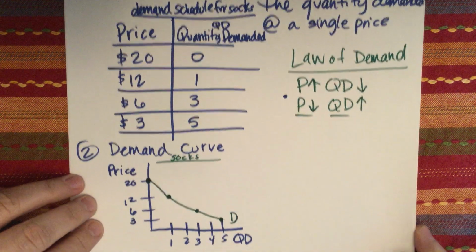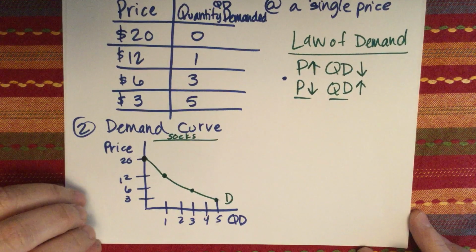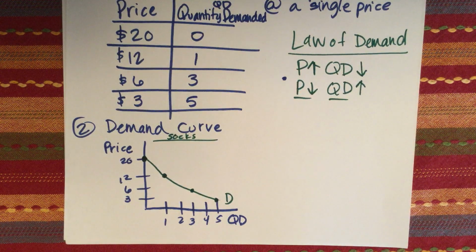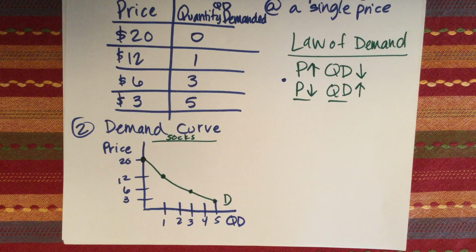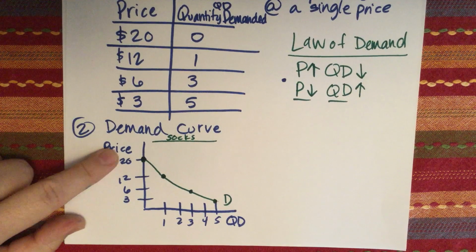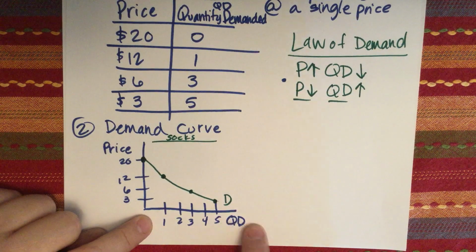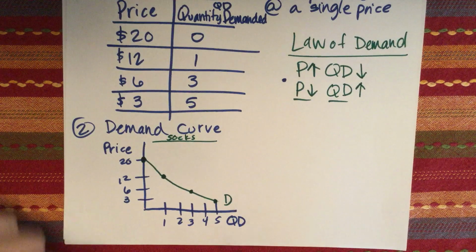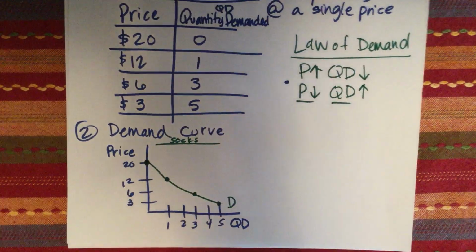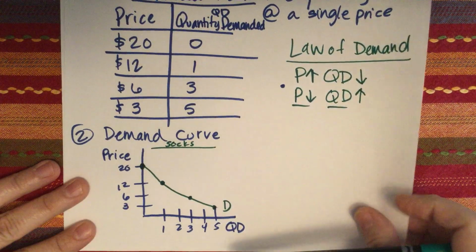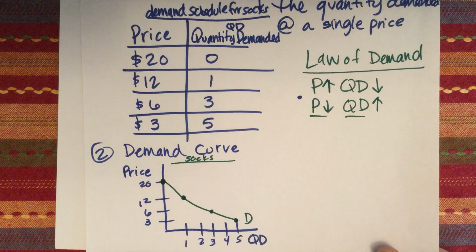In the future, whenever we're covering other graphs like the loanable funds graph and the money market and the aggregate supply and demand curve, hopefully we'll get to that, then there's always some sort of price on the y-axis, some sort of quantity on the x, and that's just how it works with economics. Don't ask me why they changed it around like they did, but that's just how it is.